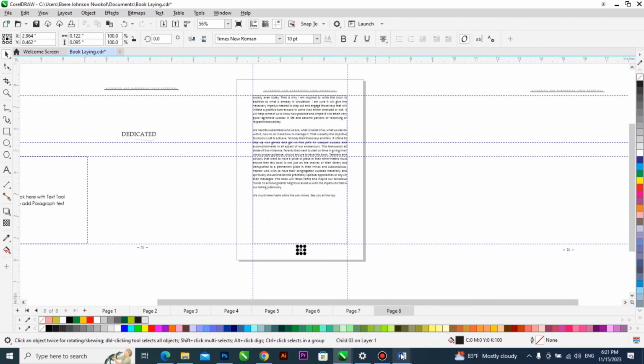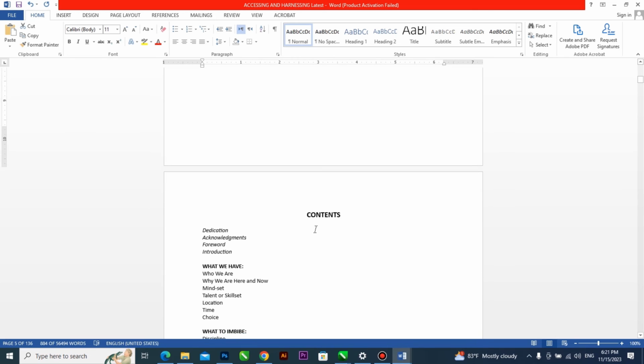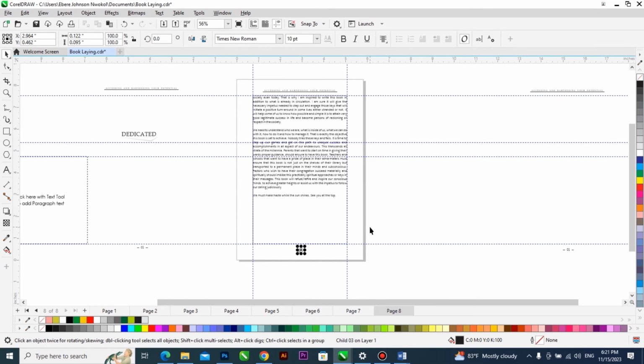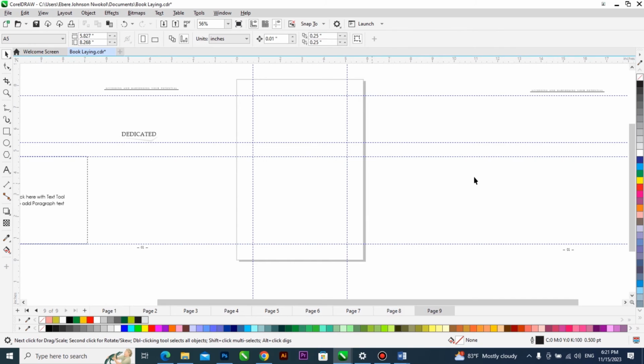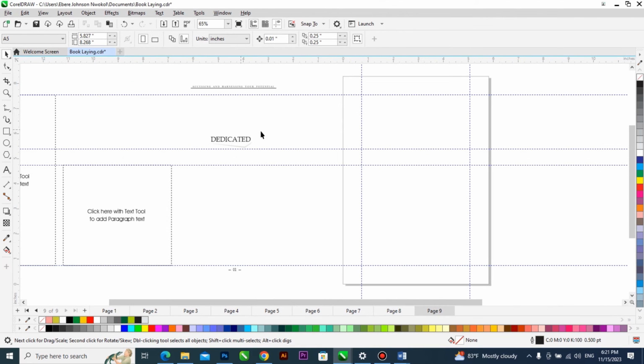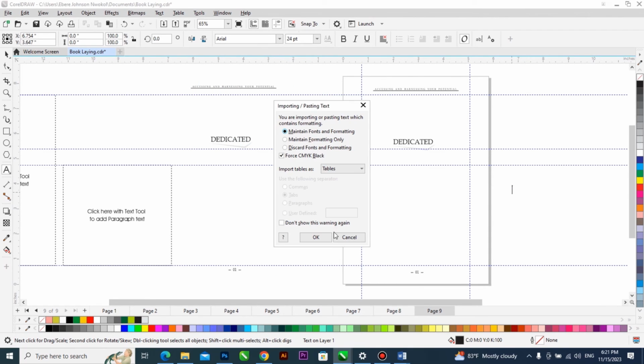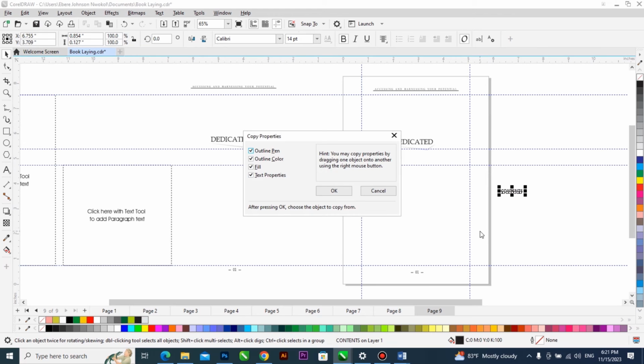Same thing happens now, go to table of contents. Of course, we've gotten it already. We have the table of contents already. What I need to do is to go to my next page. Now, instead of duplicating from here, I will duplicate from here because it has to do with subheading, right? So I can just